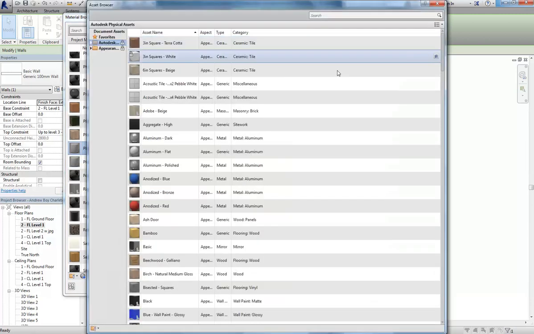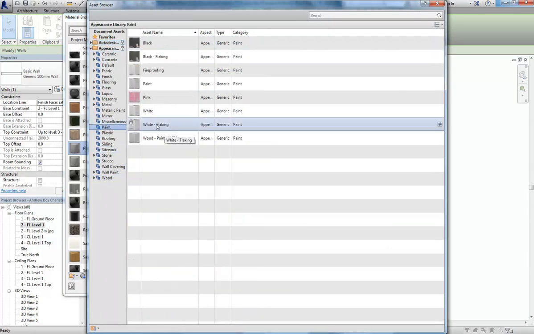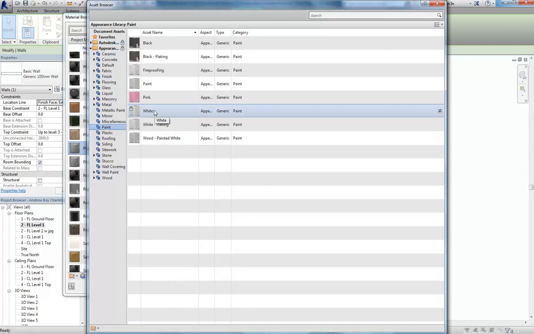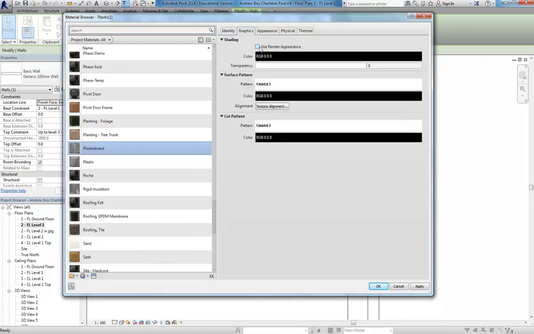And that's a really quick and easy one to just find in the library. So just any of these white materials are fine. White paint. Yes. I'm hoping the audio works. So there we are. I've got a plasterboard material, and